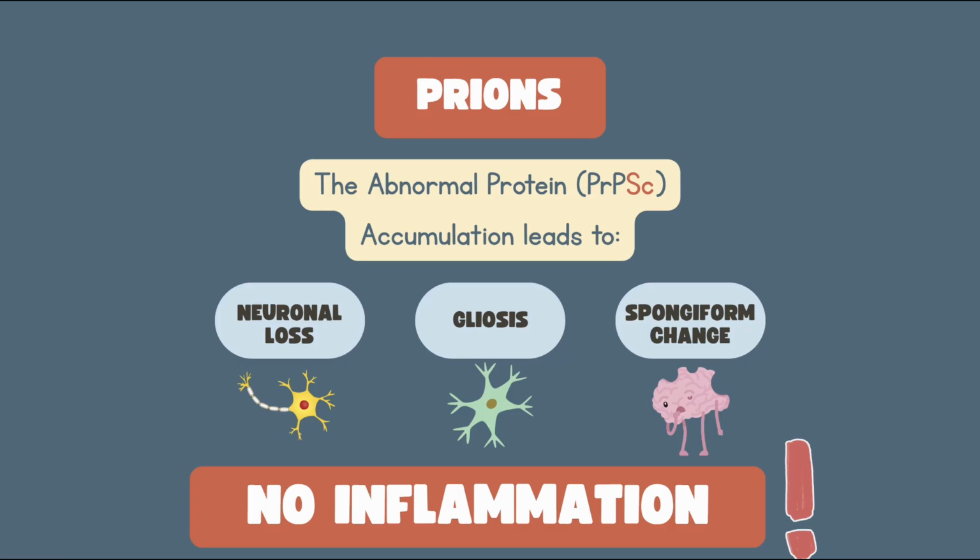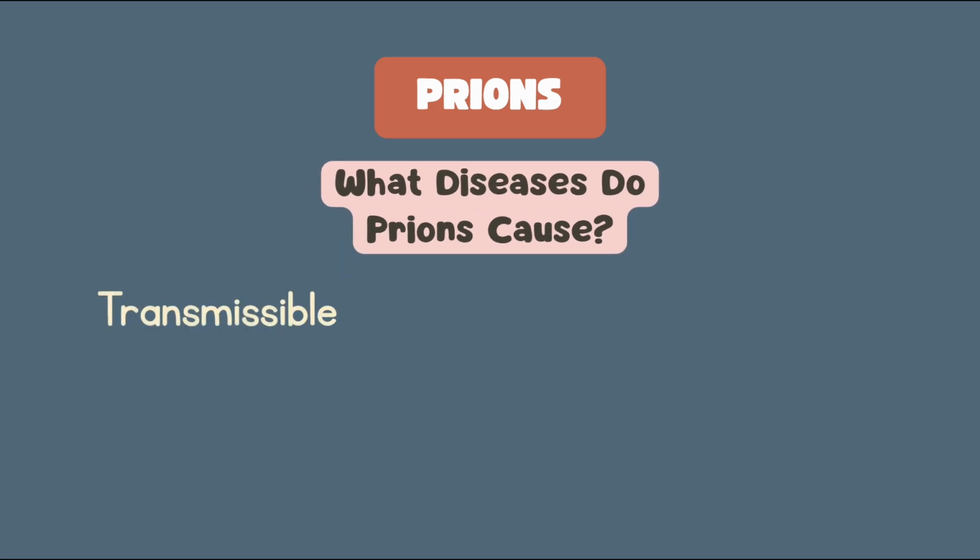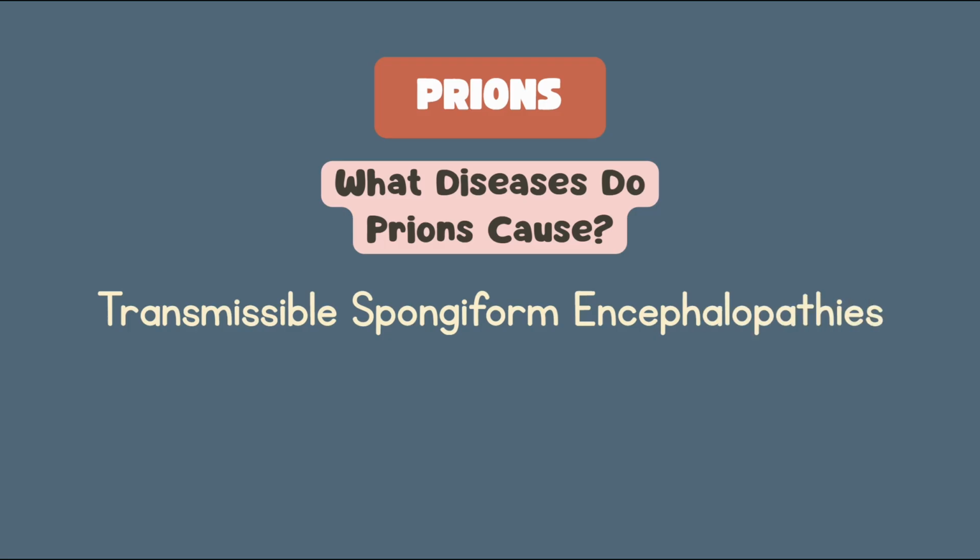Speaking of diseases, what are the diseases that prions cause? The diseases caused by prions belong to a group called transmissible spongiform encephalopathies. And from its name, we can understand a lot about it. Transmissible means it can be spread. Spongiform, as we said, tiny holes in the brain. And then encephalopathies, brain diseases,